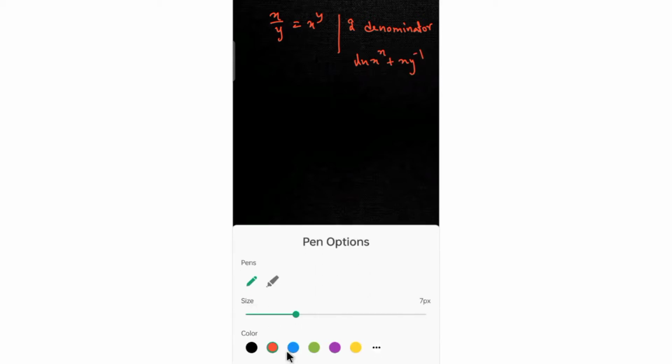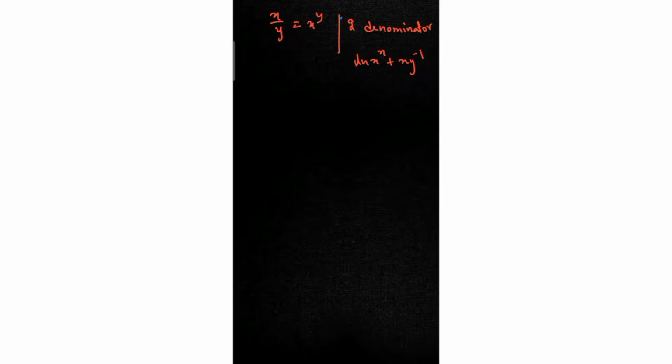The condition given to us is x by y is equal to x power y. First, I focus on the denominator in I. The numerator is 1 by 1 minus y, but we have no idea about it. In the denominator we find (ln x) power x plus x into y inverse. I'll write it in blue ink so that people don't get confused. So I would get x ln x plus x y inverse, that is x of (ln x plus 1 by y). I've just taken x as a common term.